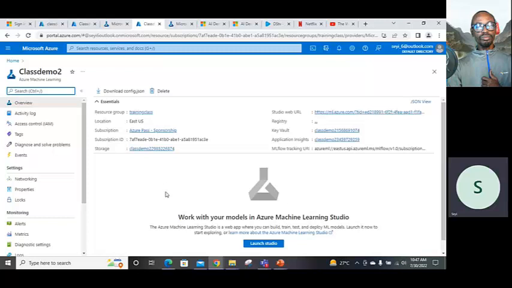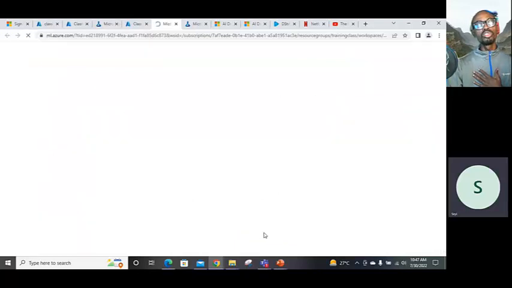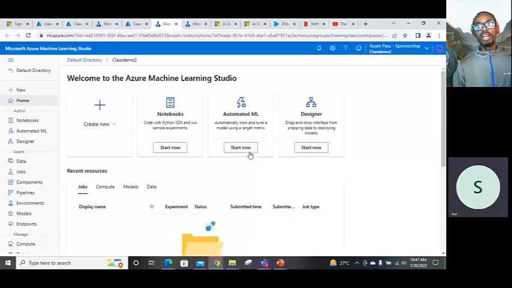Now in your studio, it enables you to see all your parameters when it comes to machine learning. So let's look at our studio and see from there how we can